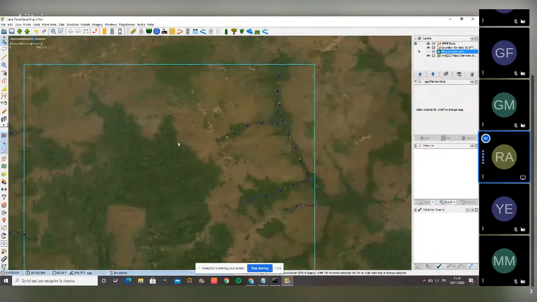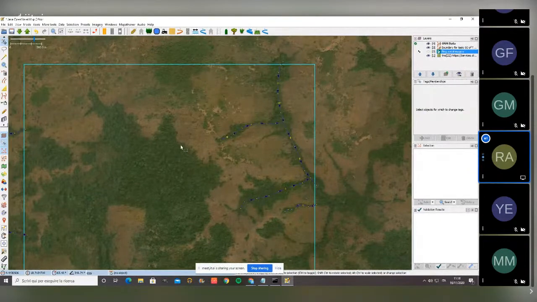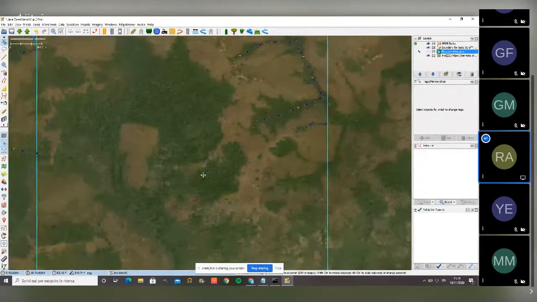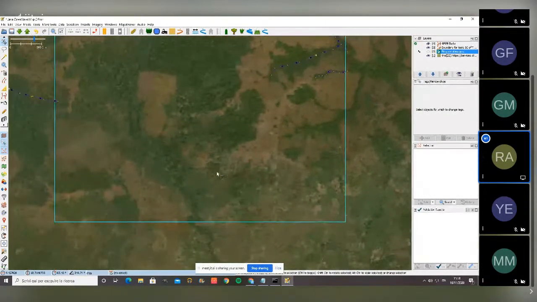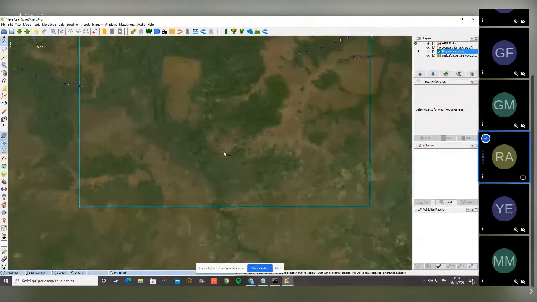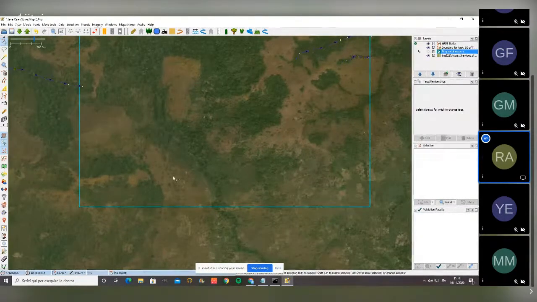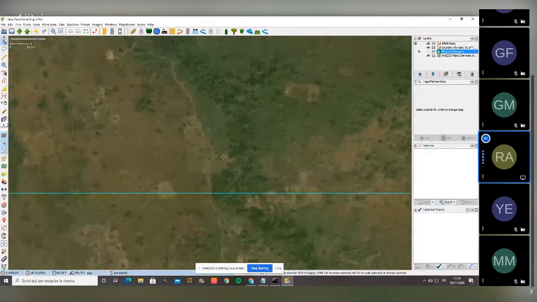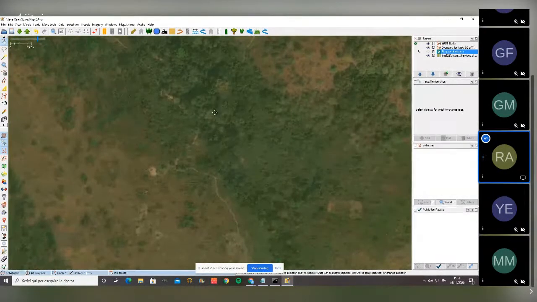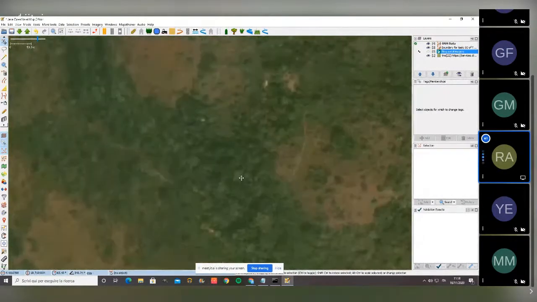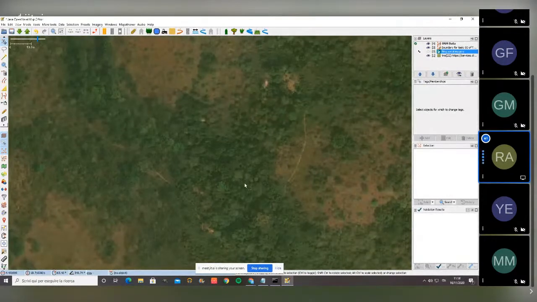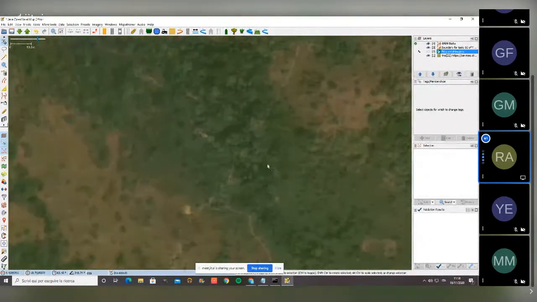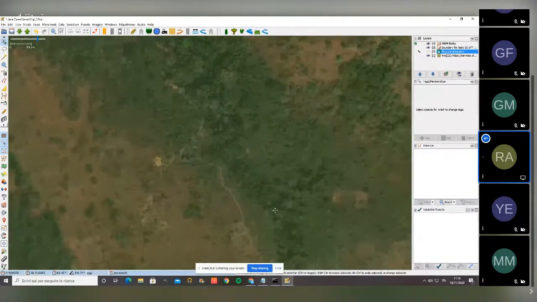Okay, just to show you, for example, let's think that I have mapped all the waterways. Another thing that I can map are the roads. So you can clearly see that here we have some tracks, some roads. And while mapping roads, the most important thing to classify them is to see their functionality. So, for example,